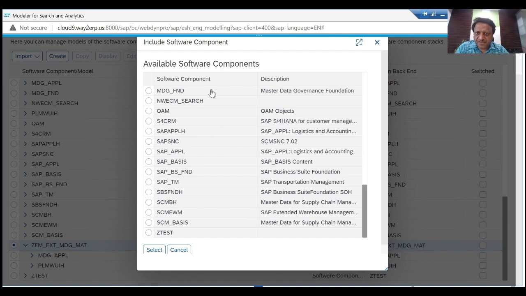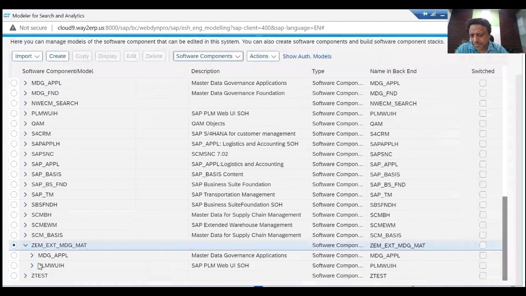So before we select this software component, we need to make sure that our material connector is basically part of this application tree structure. So in the standard system, we know that MDG, APPL and PLM GUI, both of these software components, they contain the standard connector, which is material. Now, in order to define our own new connector, we then need to